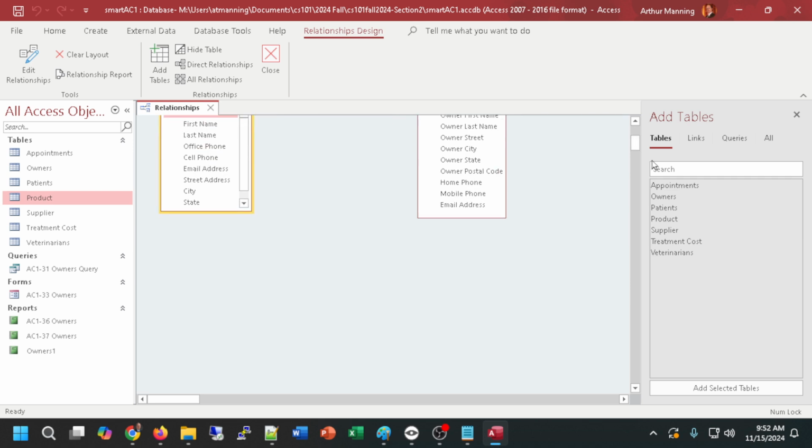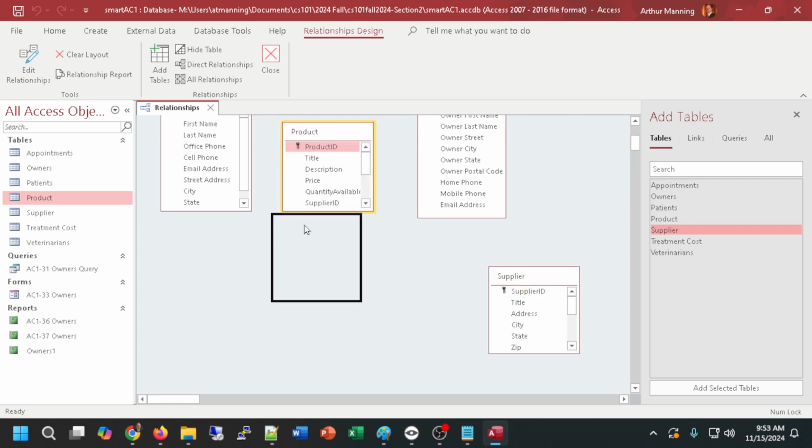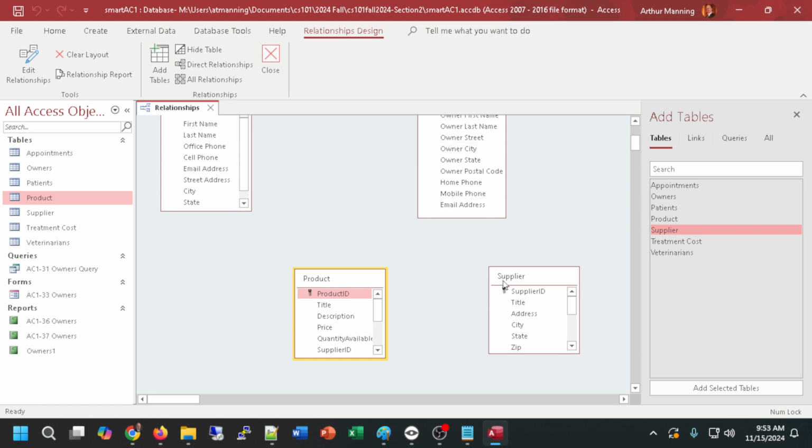I can come in there and add the products and supplier table, and I'm gonna drag them down completely separate from those other tables. They are not related to these tables at all. They are related to each other. I'm gonna drag supplier ID here